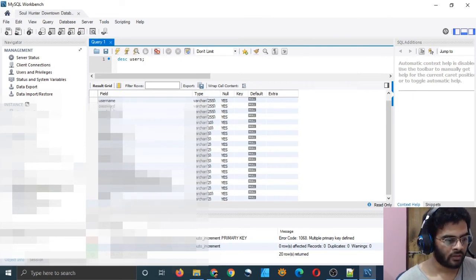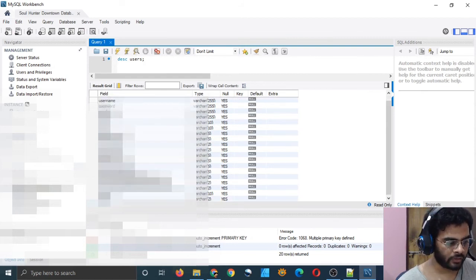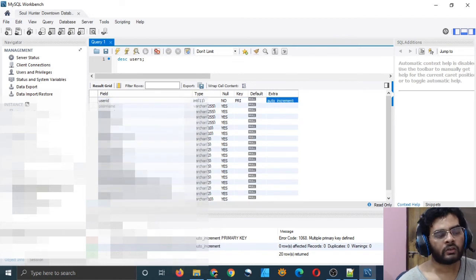Okay. So these four pieces of information are very sensitive. That's why we made them varchar 255, and we'll be storing only these four as hashed values, and the rest of these can be stored as plain text because they are not very sensitive information. But email, password, username, and profile picture are sensitive.